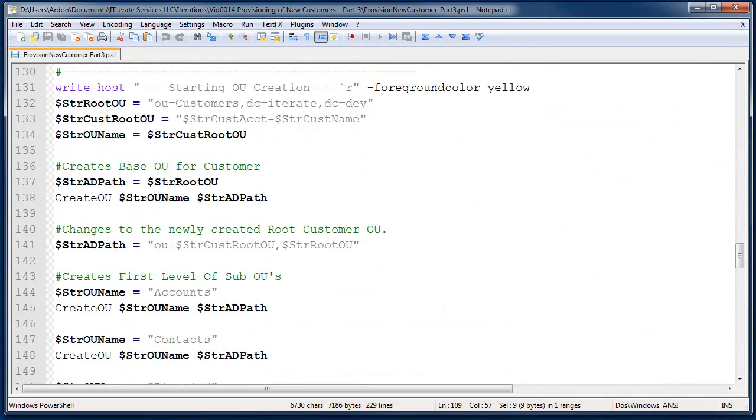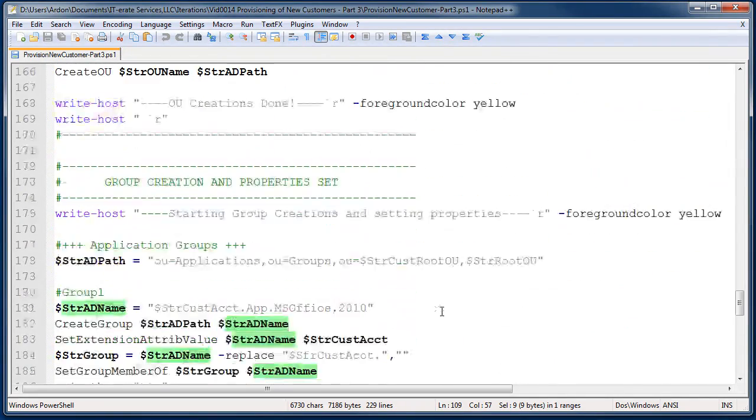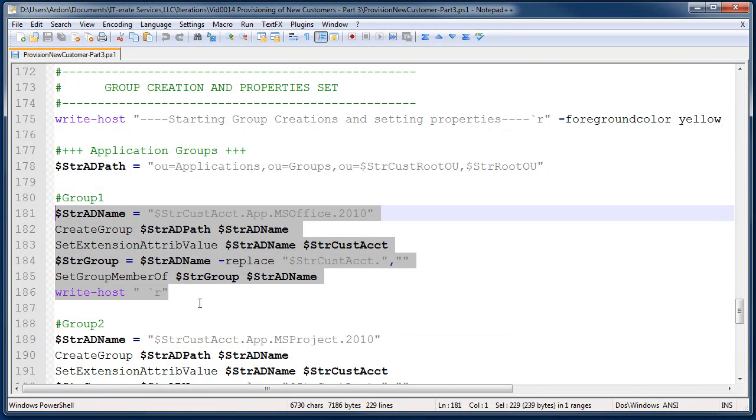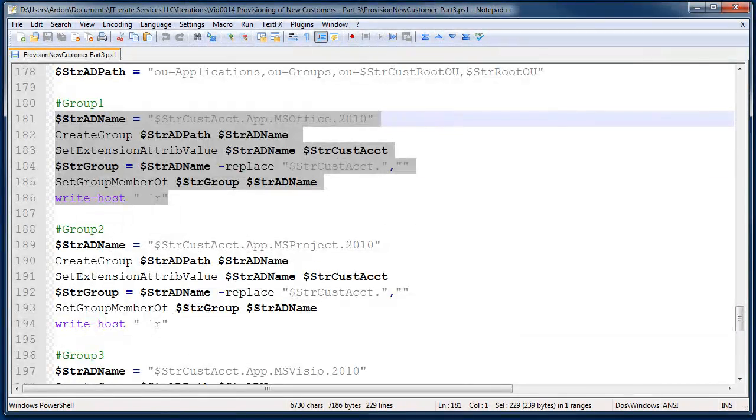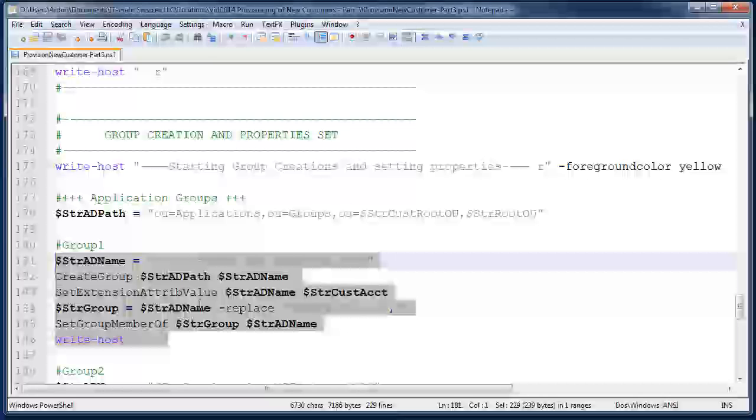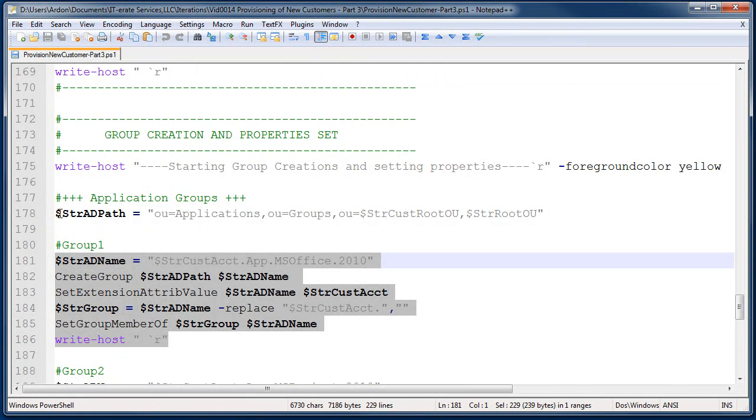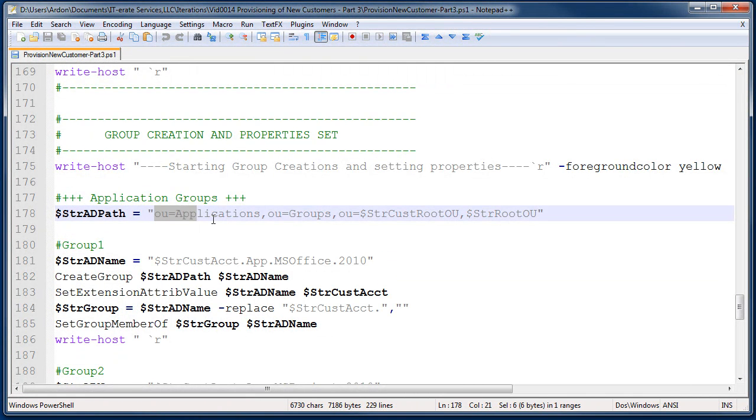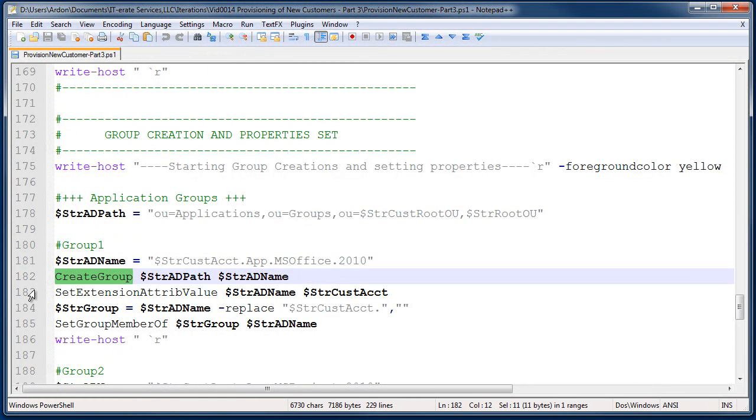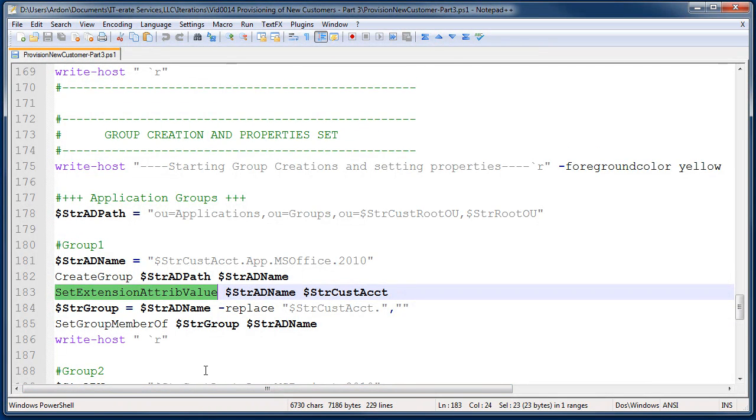Now we'll go through here and come down to where we're actually creating the groups, and this code block is all we need to do to keep on setting more and more groups. And before we do that, we need to remember to set the AD path to a specific OU. So in this particular case, there's a couple groups that are going to be based off of being in the applications. And we just go through, we set the name, we create the group,